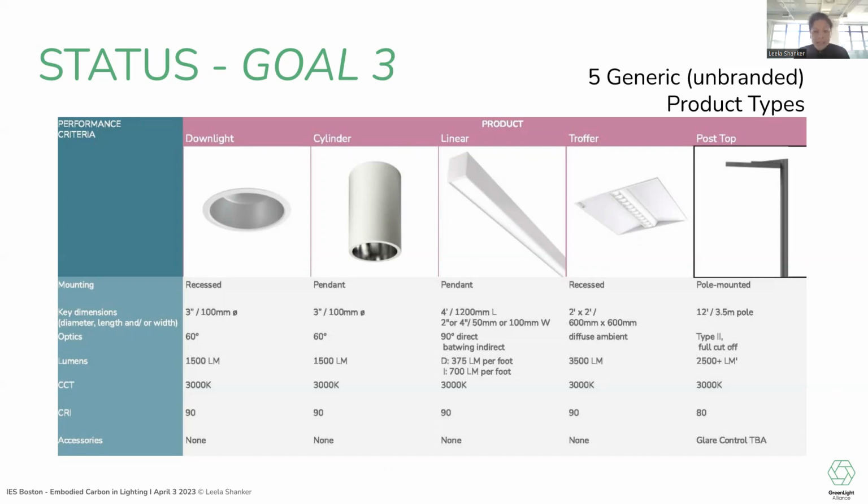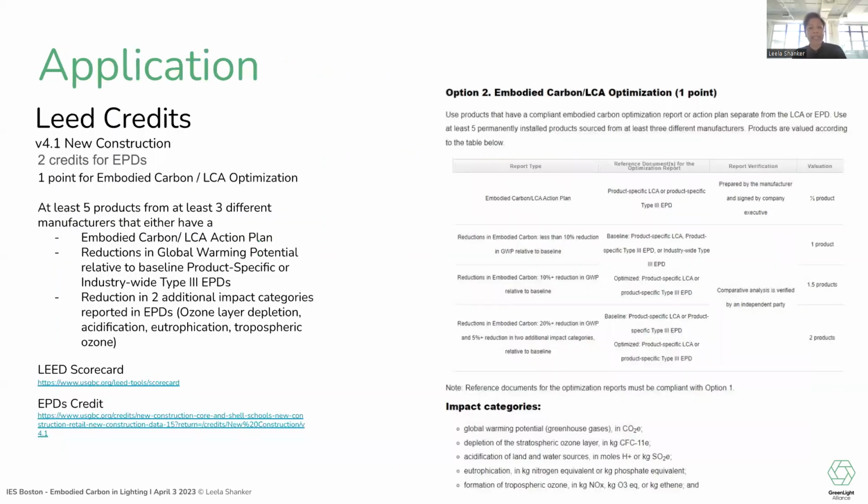Just in the final closing of my introduction, I wanted to share a little bit about how this will be applied and is being applied. Many of you will be familiar with the embodied carbon credits that you can get through LEED. So with these industry average EPDs and product specific EPDs, which some manufacturers have already embarked on and some are starting to, we'll be able to, as lighting designers, contribute to this tally of products being used on projects, that we can say that we do have EPDs available.